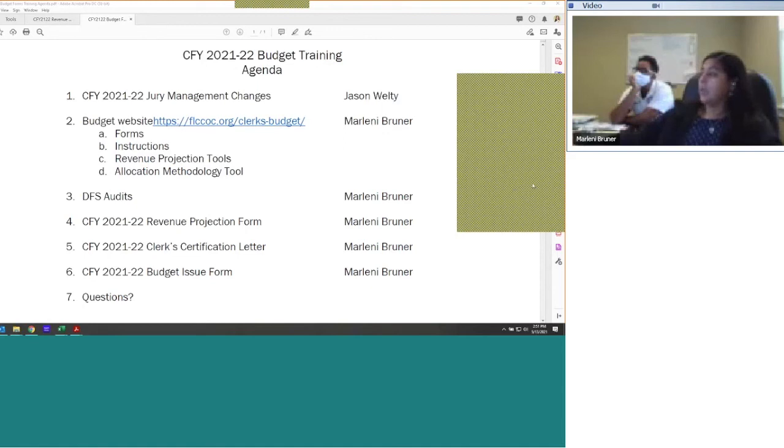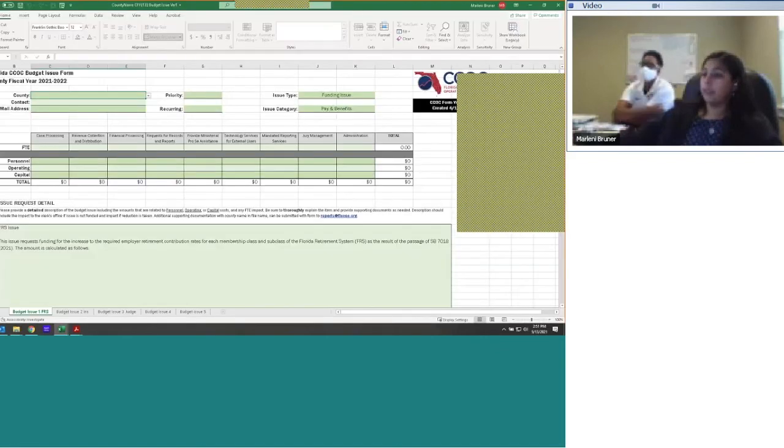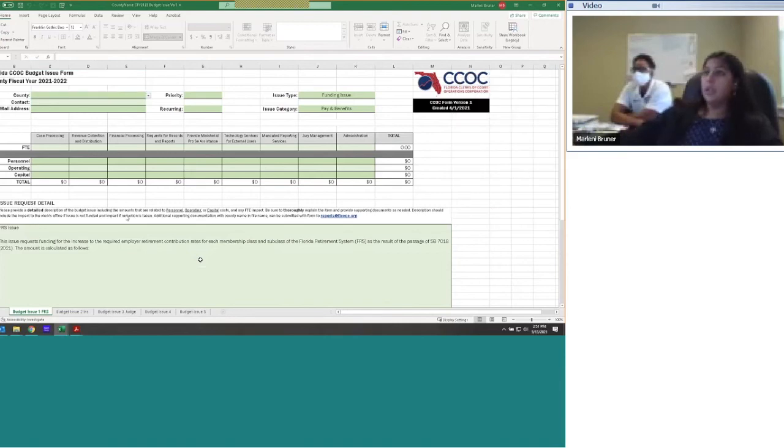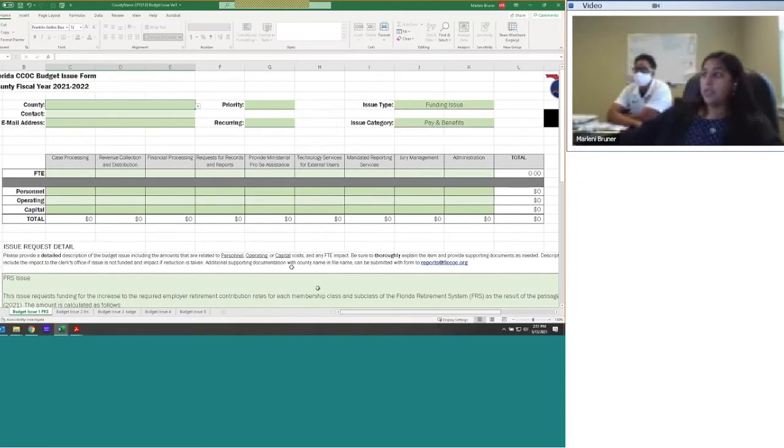Okay, then we are going to move on to the actual budget issue form. This form has 5 tabs. We used it last year. And as you can see, we have entered some default information for you this year. This is something that was requested at the last budget committee meeting. It's not a guarantee that the budget committee will fund these items, but they are items that the budget committee